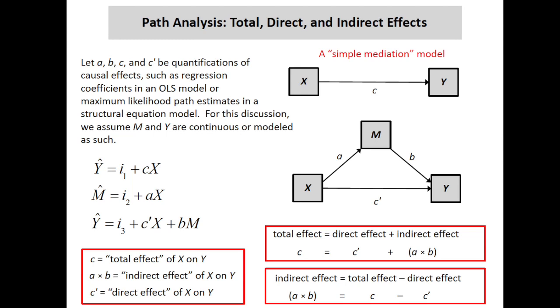So let's say we want to quantify X's effect on Y. Well, let's just regress Y on X. That regression coefficient, and I'm just speaking in unstandardized metrics here. That's the metric I prefer, but this applies to standardized metrics as well. The unstandardized regression coefficient is C. That quantifies X's effect on Y, numerically. More formally, it tells us how much 2 cases that differ by 1 unit on X are estimated to differ on Y.